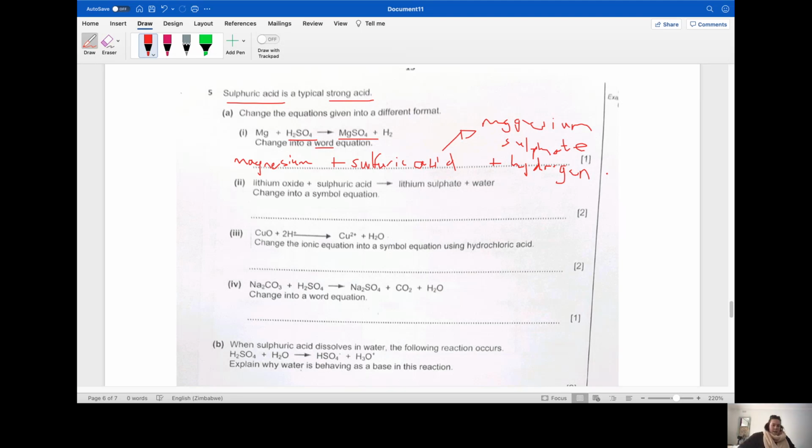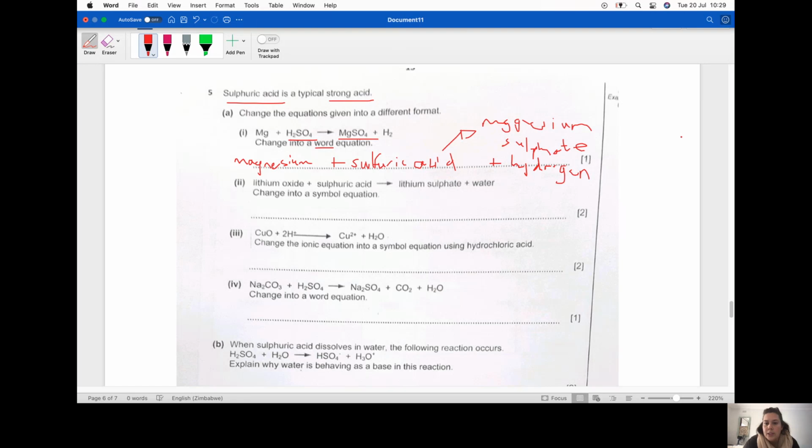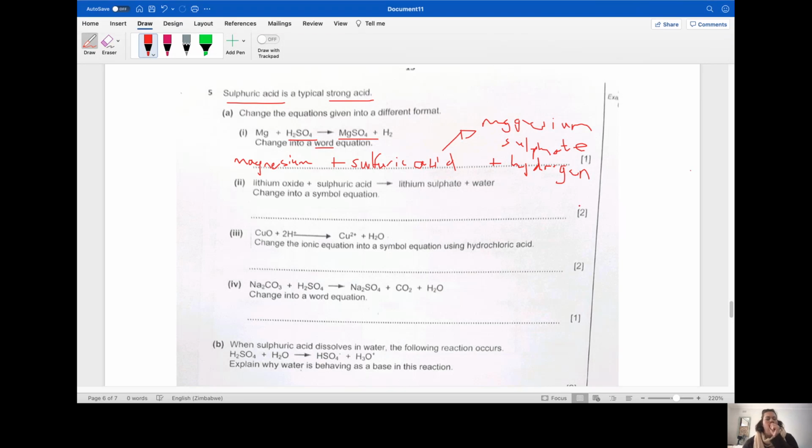Okay, hopefully this will charge now. Why are you not charging? All right, so